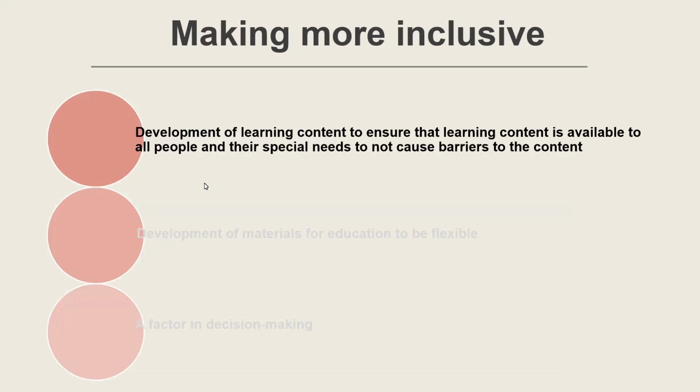First one is about developing learning content that is accessible to everyone. This is more intended towards teachers and instructors. If you're a teacher developing learning content, you can make it accessible to everyone, especially to those with disabilities and special needs, to eliminate accessibility barriers. And you can do that by taking very simple actions. For instance, to accommodate